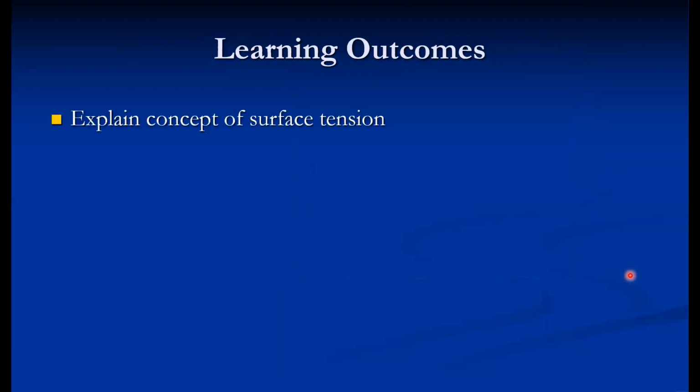At the end of this particular topic, you should be able to explain the concept of surface tension. For the bookish definition, it is the ability of the surface to exert a tension, that is called surface tension. Also, the philosophical definition is the contractive tendency of the surface to exert some force, and the force required to maintain a unit length of film in equilibrium. From the unit also you can frame the definition.